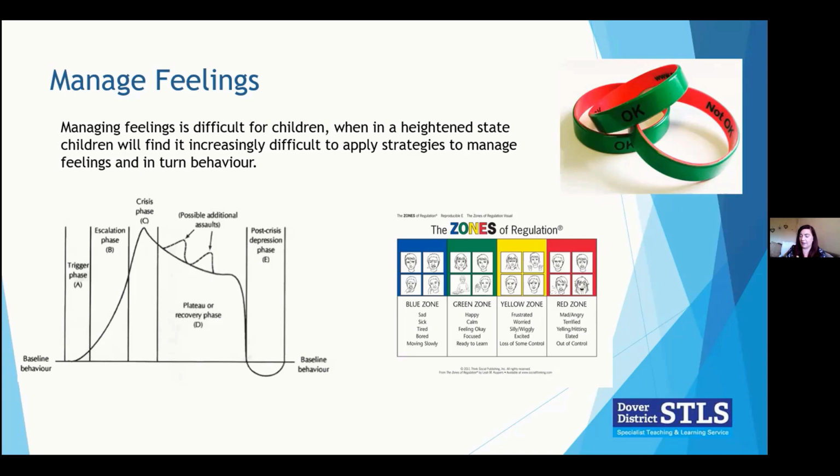Others might be able to vocalise their thoughts and feelings easily and manage using the 5-point scale or the zones of regulation. And it's important we give children opportunities to recognise their own feelings and help them to identify strategies to help them. So we're helping to co-regulate them. Also, something that's missed by quite a lot of adults is role modelling our own feelings. It's really important for children to know that the feelings are absolutely normal, and it's how we deal with those feelings that we need to evaluate.